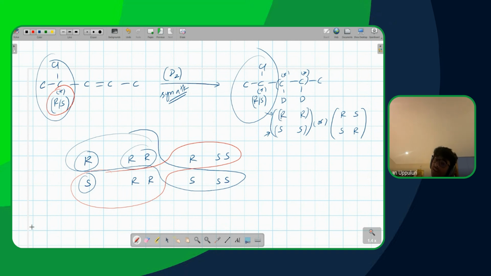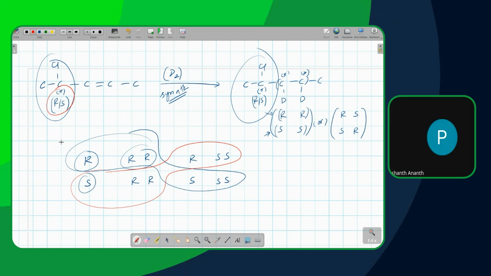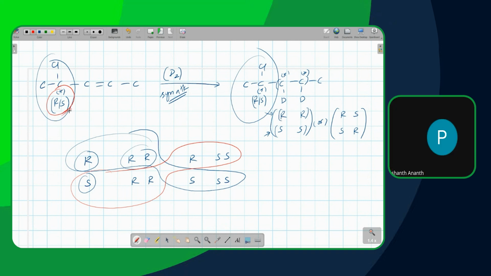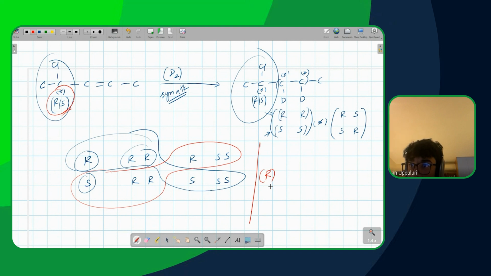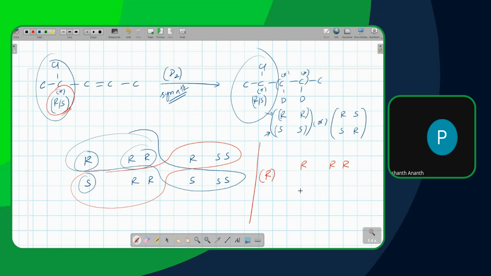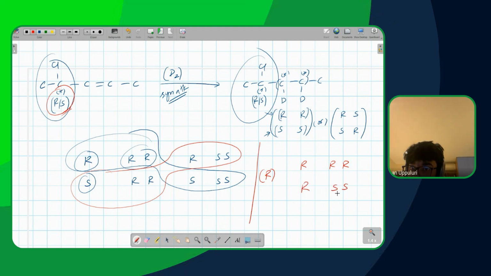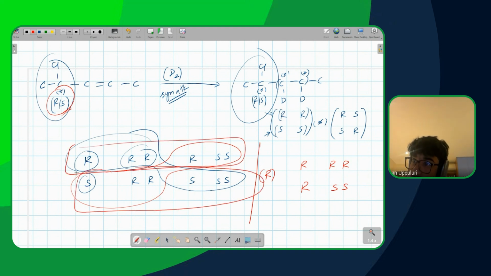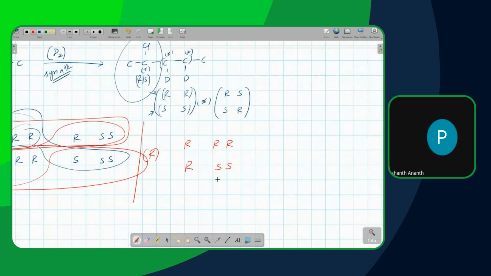But you said it could be optically active. Let's take an optically active case and then see. I took a racemic mixture now, correct? That's why I had R and S to be equal. Now let's say I'm taking R alone. What will I be getting then? R, then R, and what else? RSS. Correct, I'll be getting these two. Or I'll get these two, RR or RS. Sorry, not this one. Sorry, my mistake there. Or I can get RS or RSR.